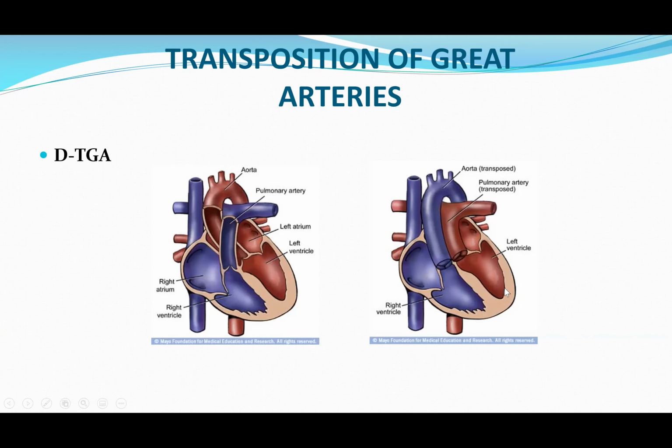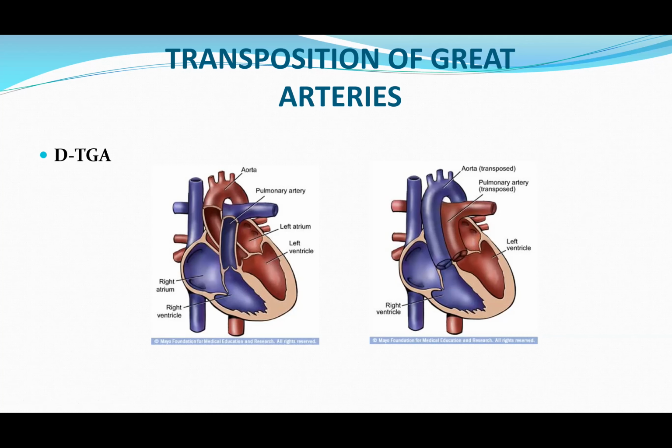You may see the moderator band that will tell you it is the right ventricle. And the AV valve here will be displaced towards the apex, a bit closer to the apex than the AV valve here. That will tell you that's a morphologic mitral valve with a right ventricle in the systemic position,